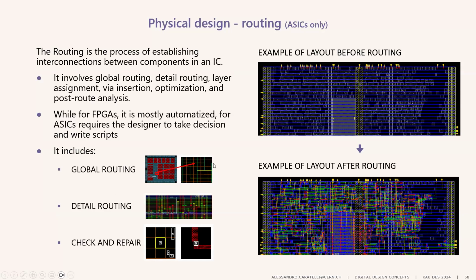Okay. Then after the placement, the next step is what we call the routing. So you want to connect these blocks together. The routing is the process of establishing the interconnection between the components, and it involves global routing, detailed routing, and assignment of via, insertion, optimization, and so on. I will not go too much into details because I'm going to be a bit out of time. But basically, the routing is the process of connecting all these cells in order to